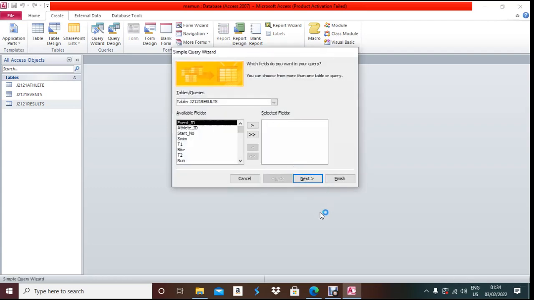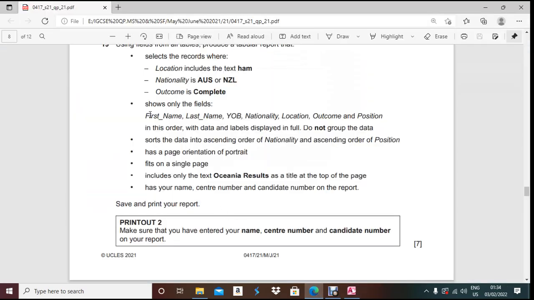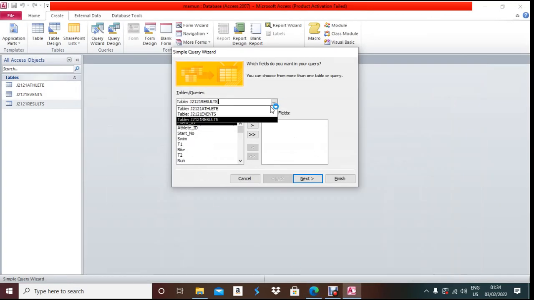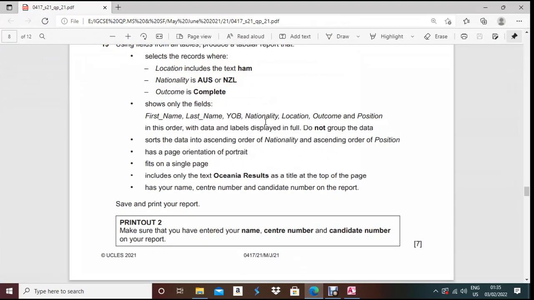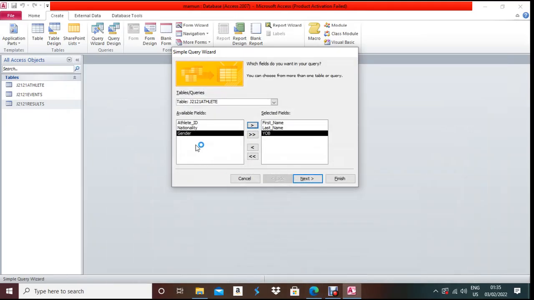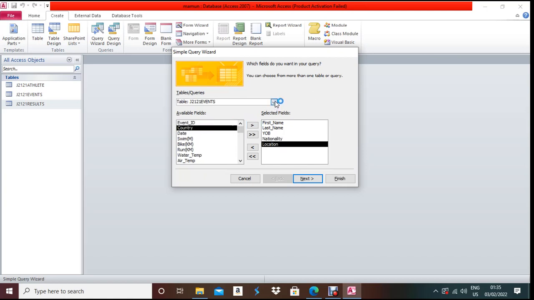Okay, so what are the fields? You need to take first name, last name, year of birth. These belong to the athlete table. First name, last name, year of birth. After that, nationality, location, outcomes. Nationality and location belong to the events table. Location, outcomes,